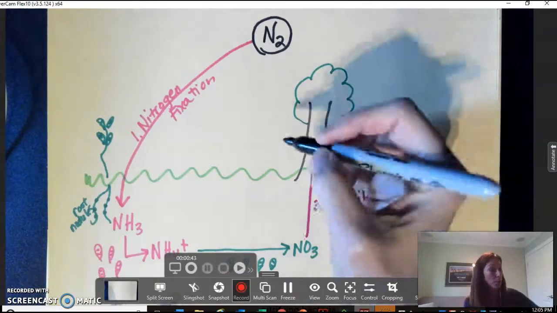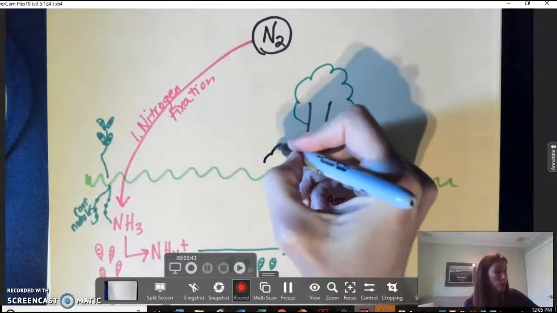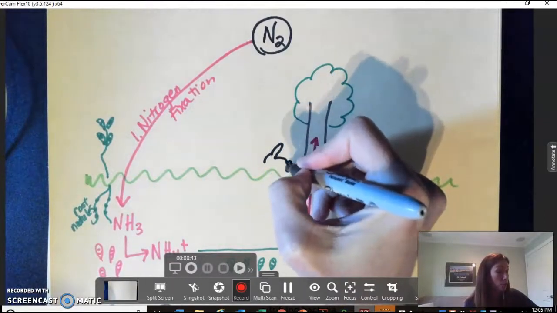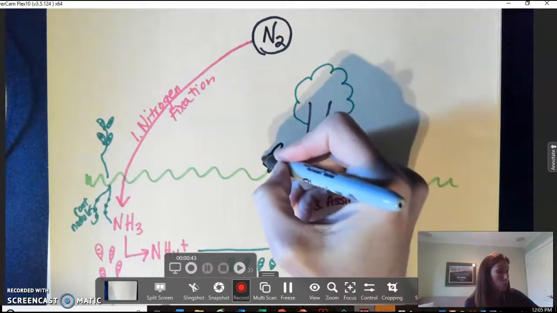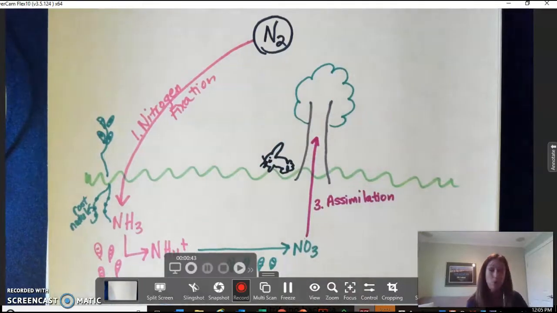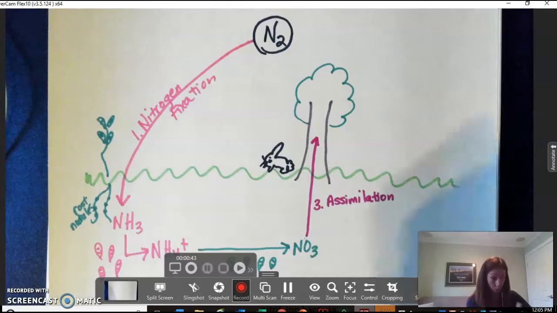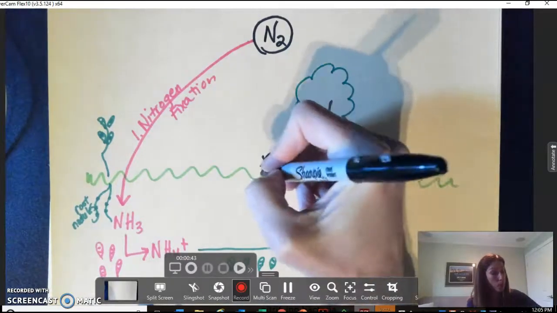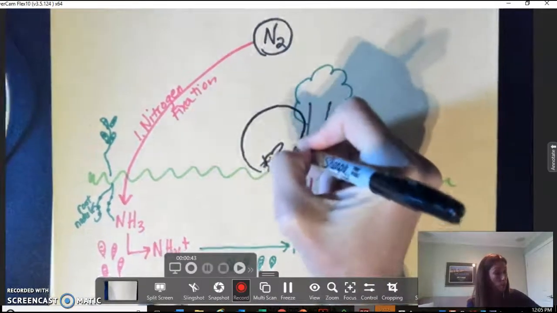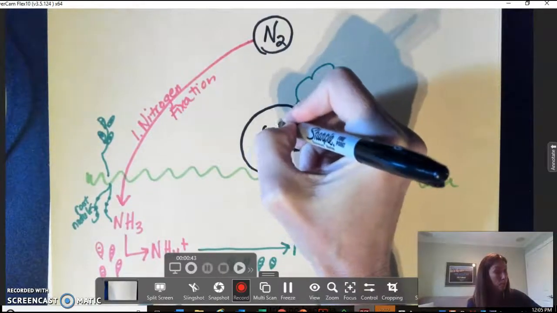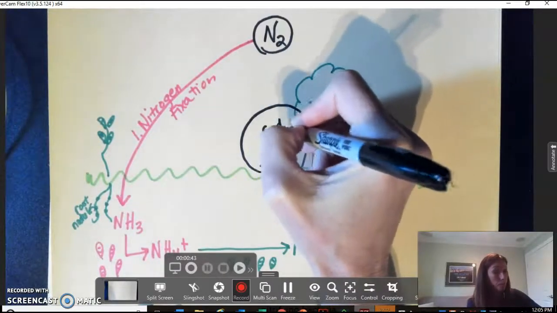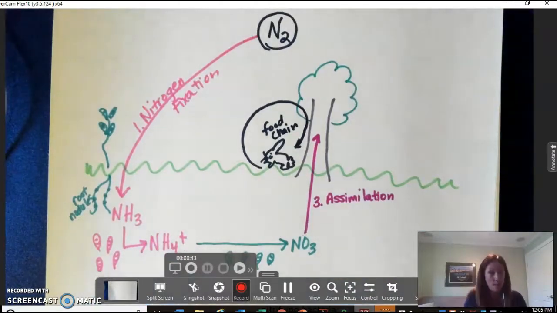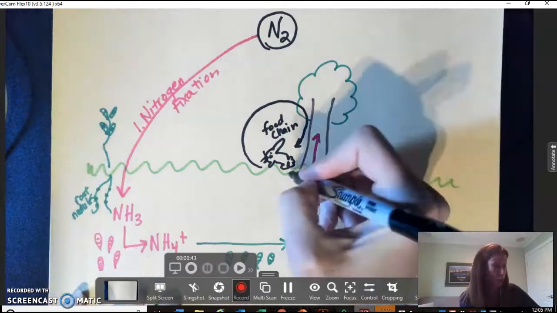So once we get into our producers, we're able to get into herbivores. So I'm just going to draw a bunny. Okay, so once we get into our plants, we go into our herbivores, and that's our way through the food chain. And that's how that nitrogen can be incorporated into the DNA of all living things, where we get those nutrients from eating. Now, living things will contribute back to the nitrogen cycle through their waste,